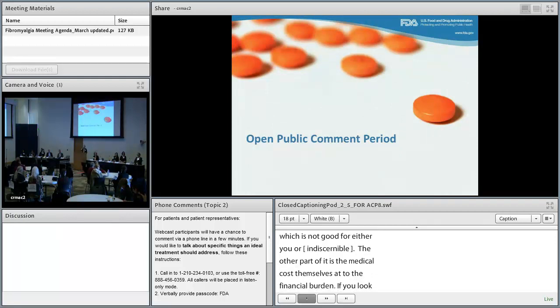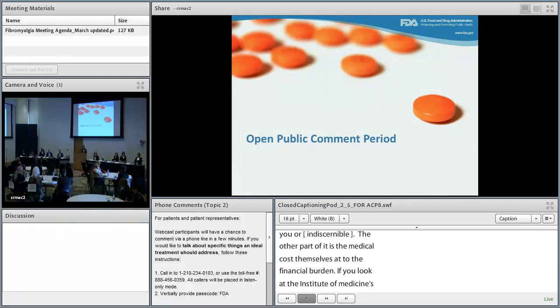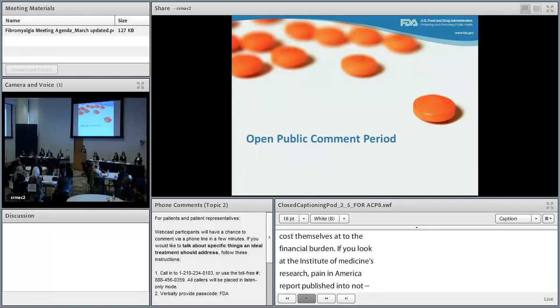If you look at the Institute of Medicine's Pain in America report that was published in 2011, it talks about a bill of about $650 billion a year spent on pain, and there still really isn't a whole lot of answers for that in terms of how it's approached. So for diagnosis, the other big problem in fibromyalgia is the lack of education for our medical doctors. We still have medical schools that don't teach anything about fibromyalgia, so we have all these new doctors that come out and they don't know anything about it, much less how to diagnose it or how to treat it.